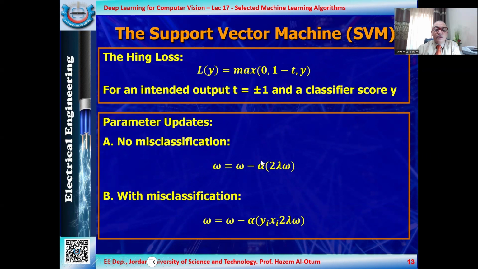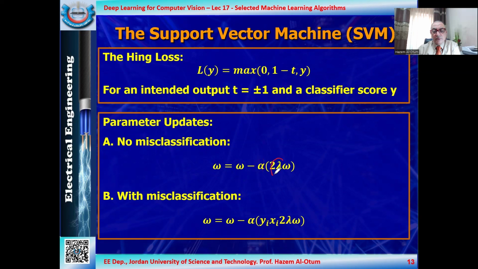Now, we need to update the parameters. In this case, if we are talking about the W parameter, it will be updated by one of these two approaches. First, if we have no misclassification, so if we don't have any red ball in between the blue balls, for example, we go to the first part, A. So we do not have any misclassified samples, and we can update, according to the support vector machine, W as W minus alpha